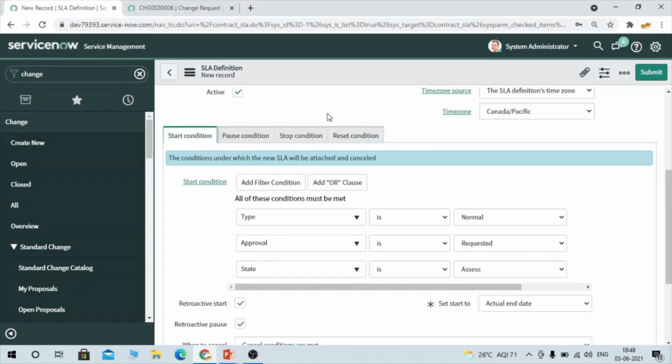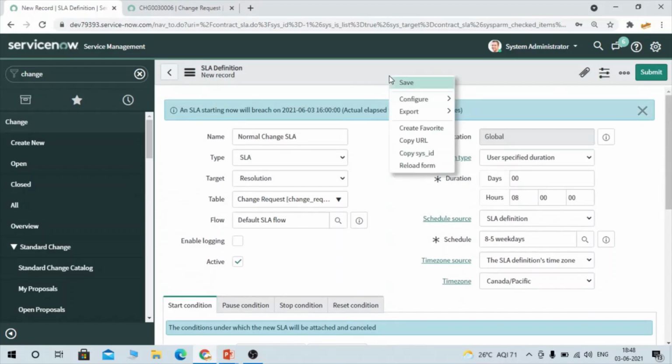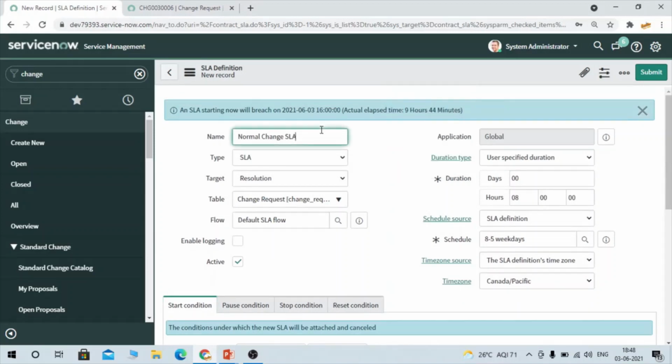Okay, let's save it. One second. Normal change SLA.